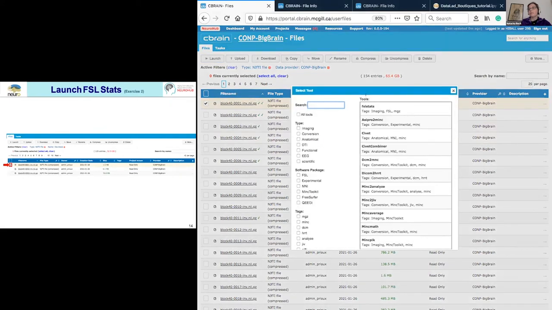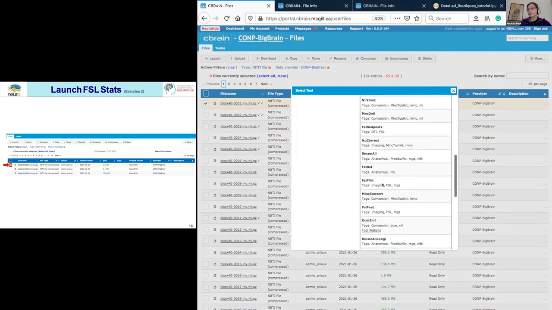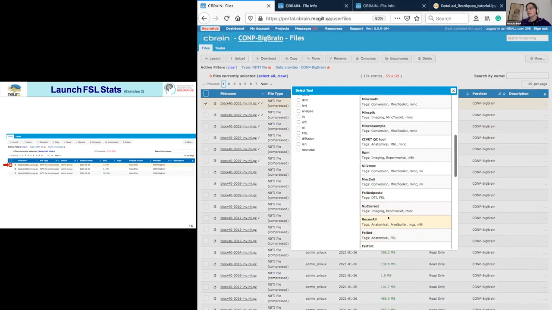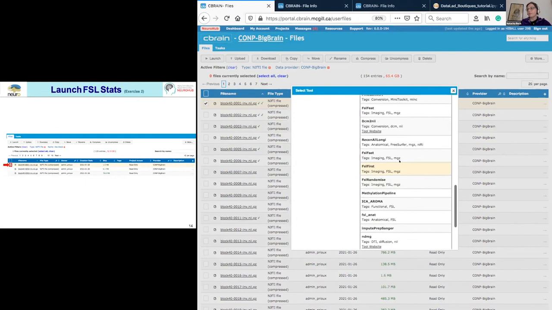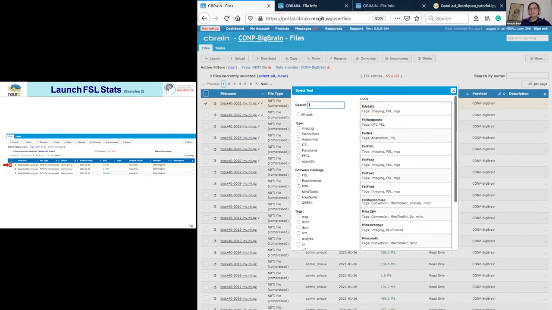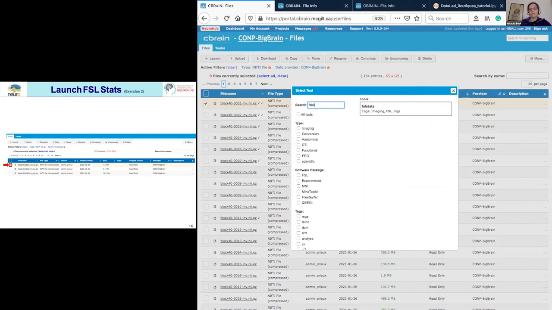And now you will be able to see the tools that are available in CBrain. We have a bunch of tools like FSL Stats and some other FSL tools. We have Recon-all. Not all of it is runnable on the Big Brain dataset, but we have FSL First, FSL Stats, and so on. What I will ask you to launch is FSL Stats, as this sticks to what we have done in the data lab and Boutiques part before. If you don't find it easily, you can just type in the search box right here. You see that I just see FSL Stats right now.